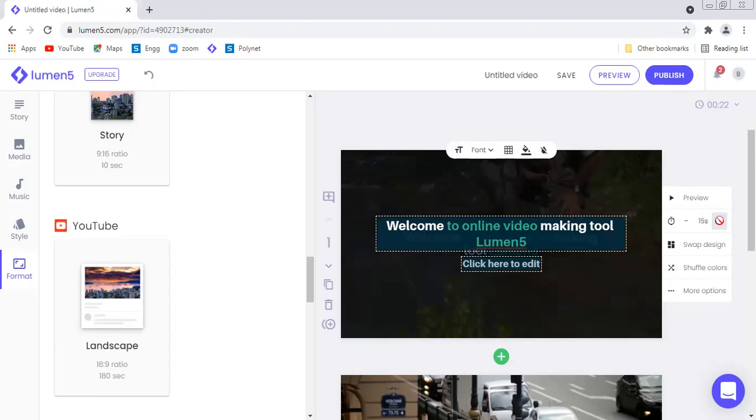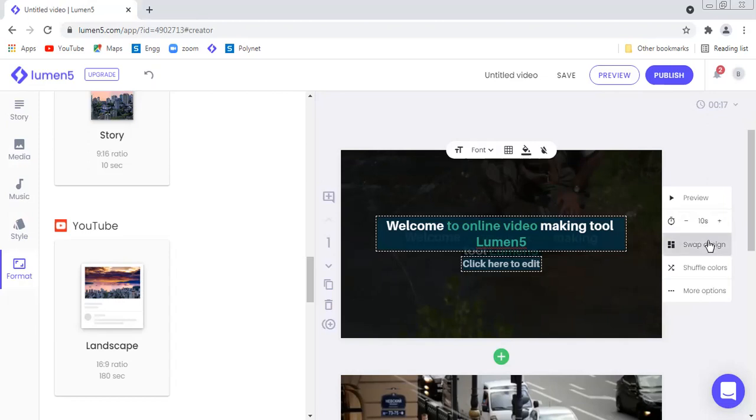Again you can see now a maximum of 15 seconds is the limit for one slide. If it is simply a title, you may select a less time. If the content is more, you can have more time, right?